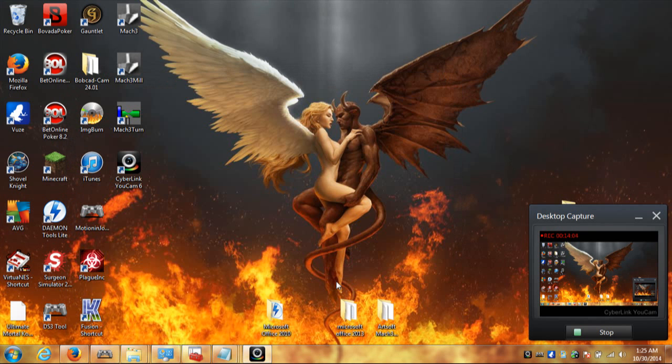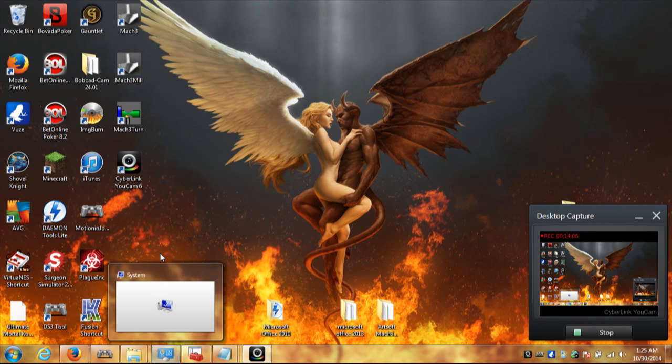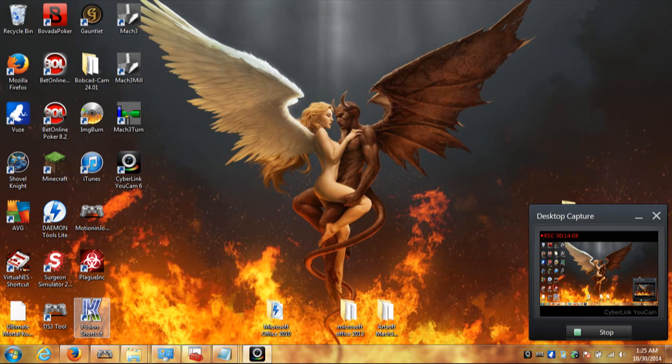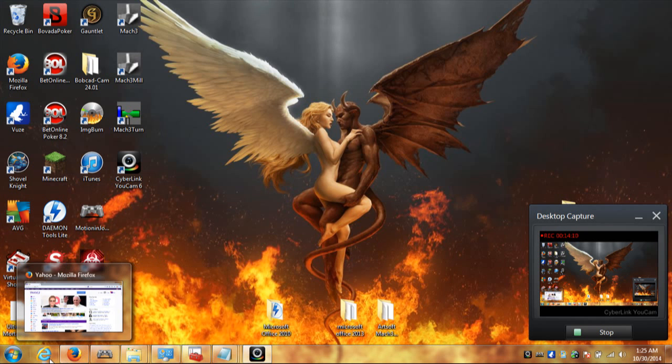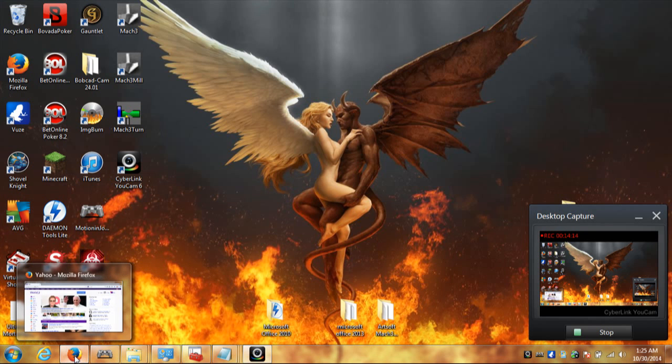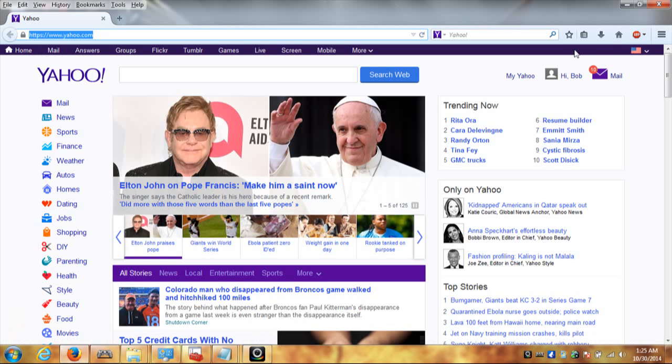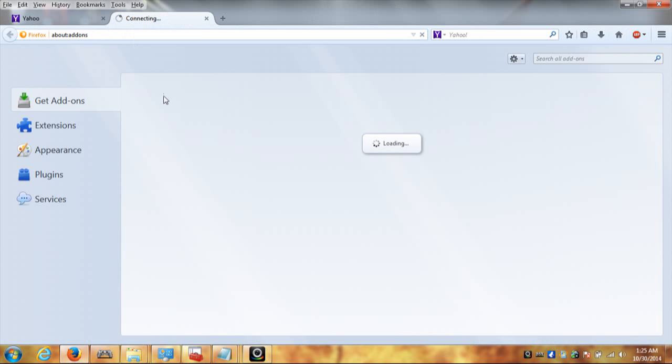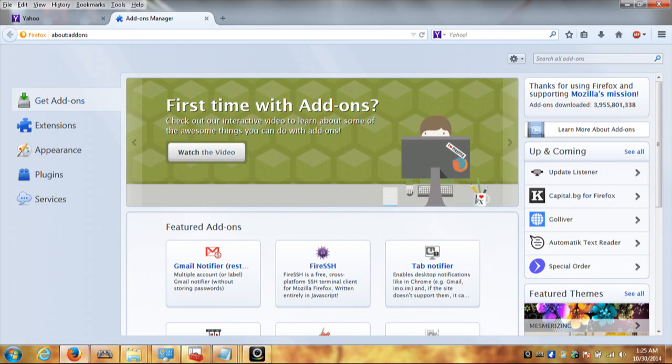But I have a minute left, so I'm going to go to how to speed up your internet. And this is the quickest, fastest way. Whatever browser you use, whether it's Firefox, Internet Explorer, or Google Chrome, go to where the add-ons are. In this case, I use Firefox. So in Firefox, it would be up here to Tools and then Add-ons. I don't have any installed right now. Usually you would see AdBlock Plus, but I just formatted and deleted everything. But